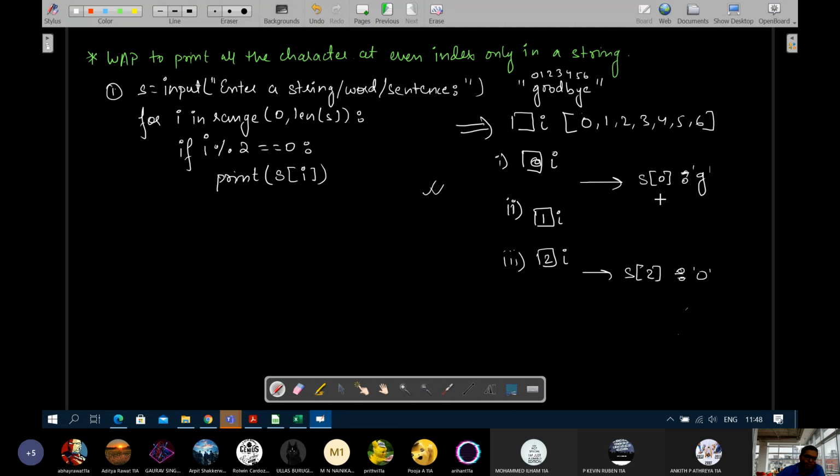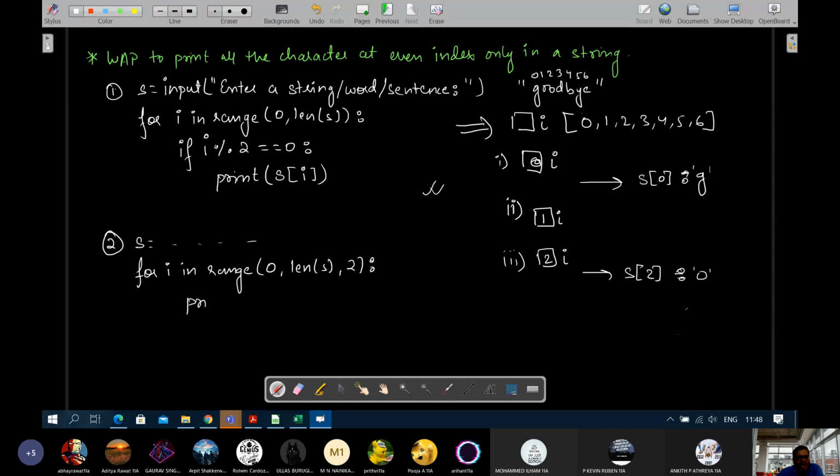Right. The second way is, you will again take input and accept it, and then you will write for I in range, which most of you said, range 0 to len of S, with step 2.